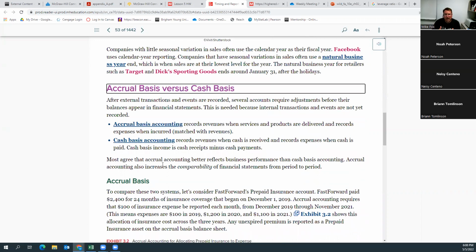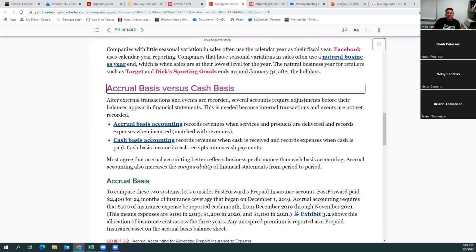The whole reason that we have adjusting entries is because we have transactions where we pay expenses, but we don't always pay them in cash, or we receive money, but we haven't actually earned it yet. So we have all of these situations where the revenues and expenses don't match up with the payments in cash. And so we have to make adjustments for this fact, okay?